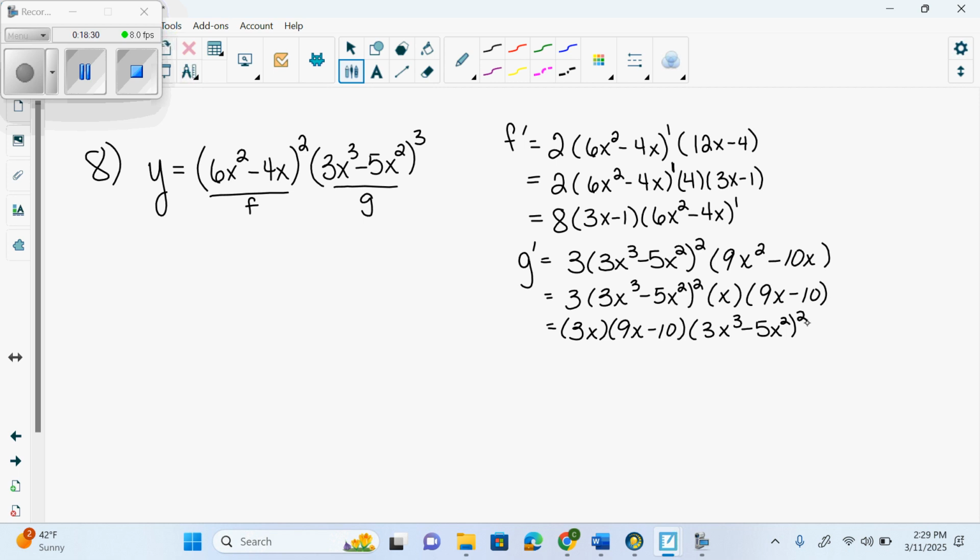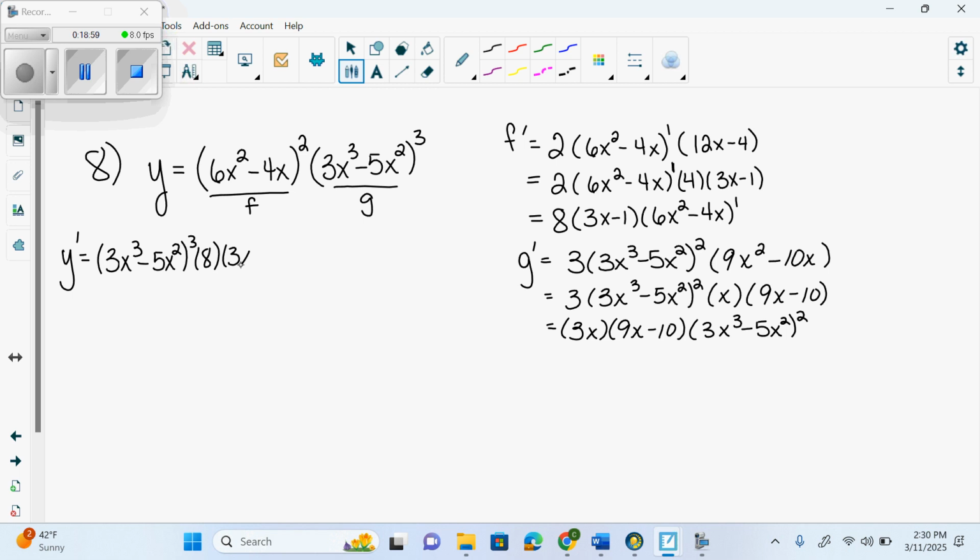Okay. Now we're going to do product rule. Product rule, when you're done, gets you 2 terms. GF prime is 1 term, plus FG prime is the second term, right? Plus signs connect terms. So every single time you do product rule, you get 2 terms. So Y prime equals G F prime,